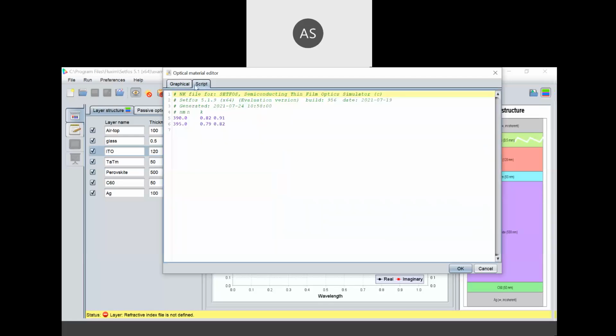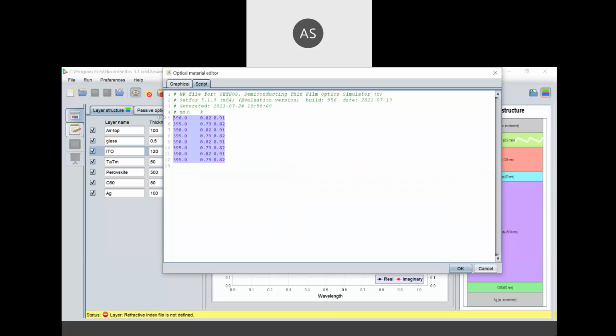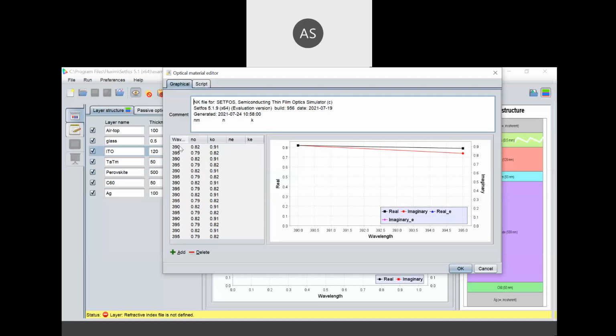Or it can also be put in the scripting. So this is a script and this is the graphical form. Either you can put it in the script or in the graphical form. You can also make a copy and paste simply, and then it will show automatically in the graphical form. The script and user interface are simply common, like that. So you can see the graphical form adding accordingly. These all are wavelength and NK values. Okay, so this is for creating a new material, NK data, optical data.